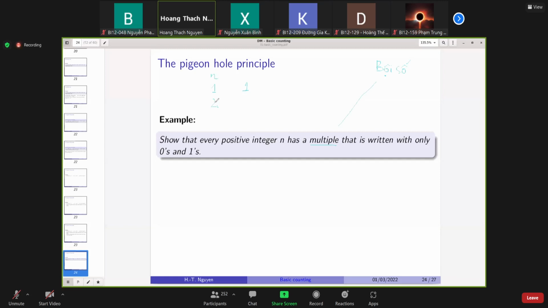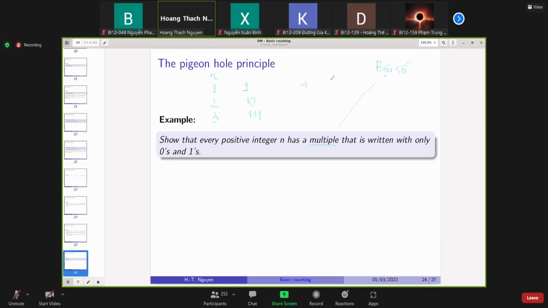If n is equal to 2, we can choose 10. 10 is divisible by 2, and 10 is written by only 1 and 0. If n is 3, then you can see that 111 is a multiple of 3. It is equal to 3 times 37. Okay, so if n is equal to 4,